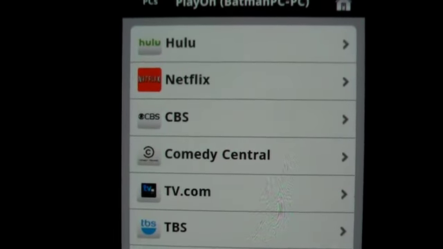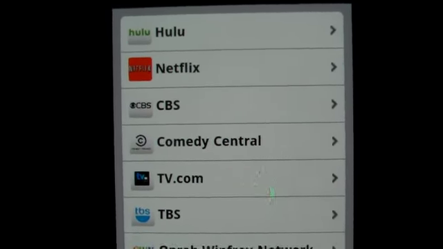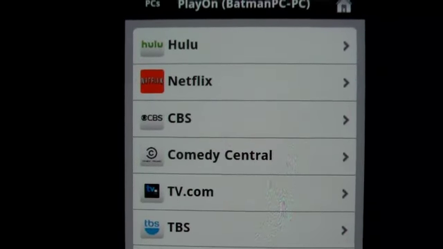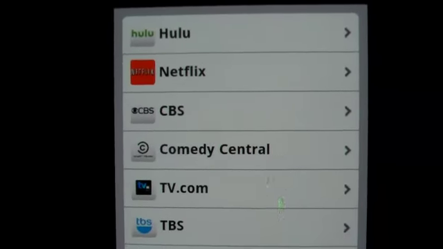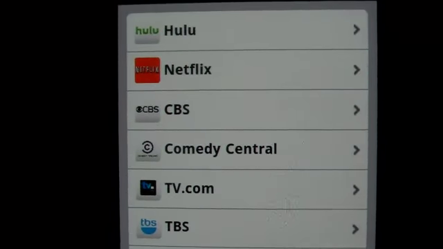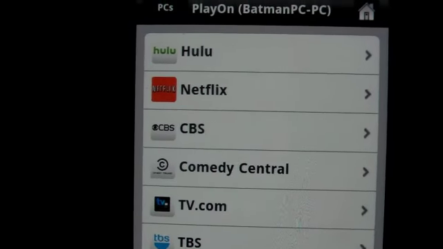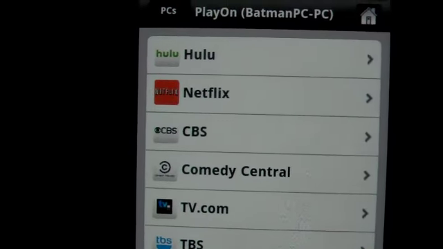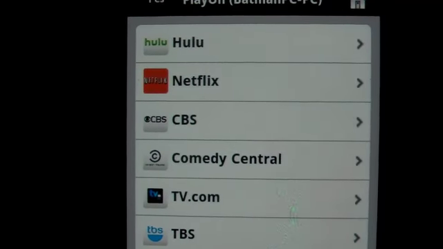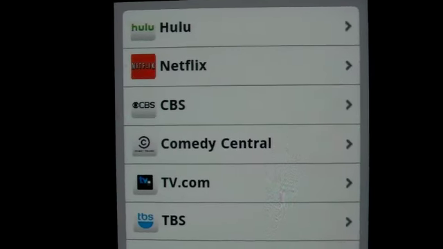So I highly recommend you guys check out PlayOn, and it's a great deal. If you want to cancel cable, you can save a lot of money. And the great thing about it is anything that airs on NBC, ABC, or Fox automatically gets played the next day on Hulu. So how can you go wrong? And it's better than paying Hulu, what is it, $8 a month? Even though that's still a good deal, and you do get HD,